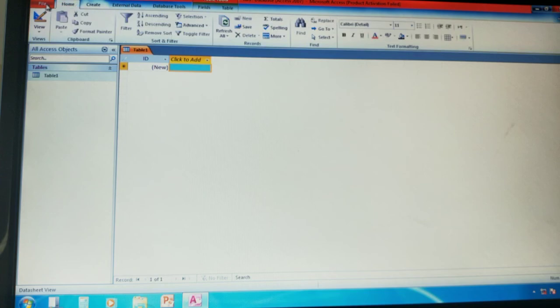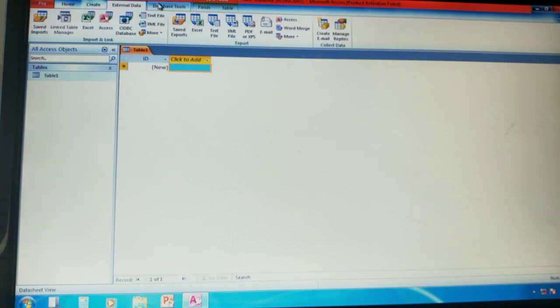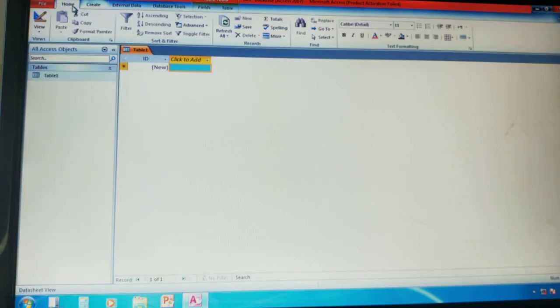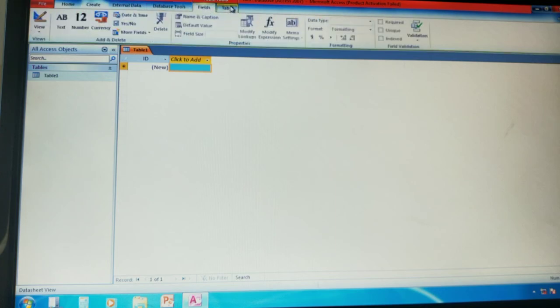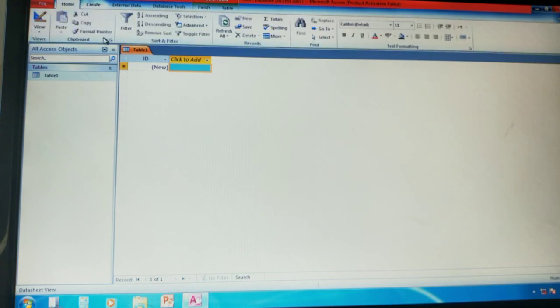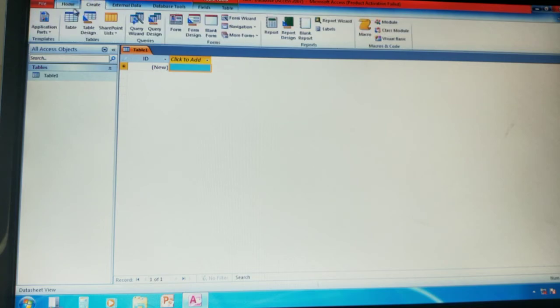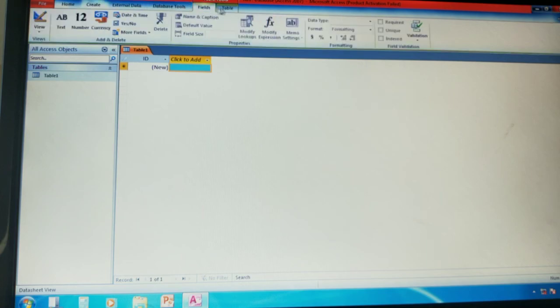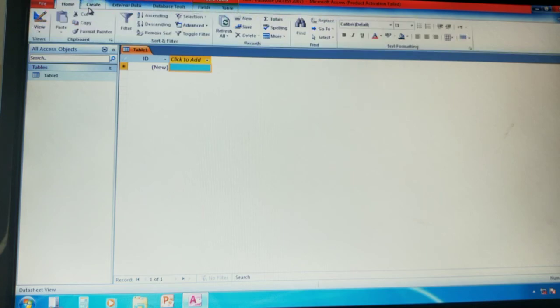These are the individual tabs. Then what is a tab? Each and every tab has its particular commands. Whenever required, you can use that particular command from that respective tab.